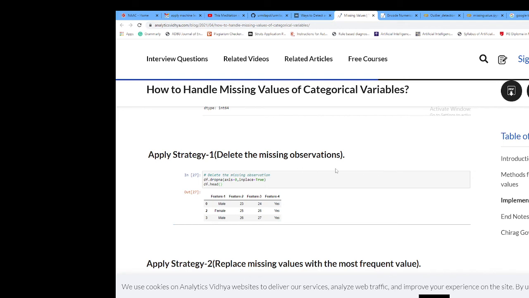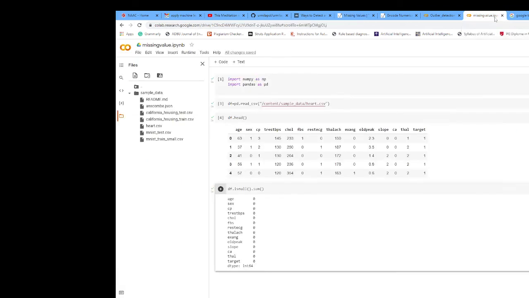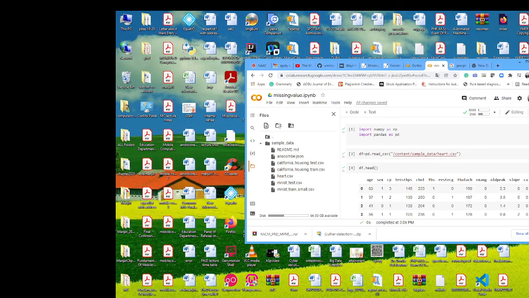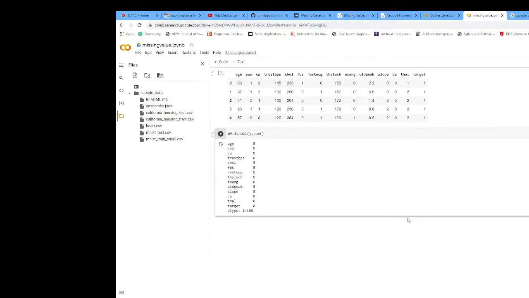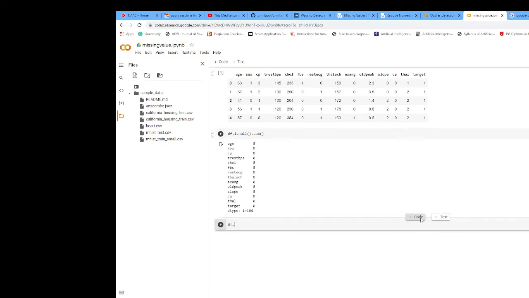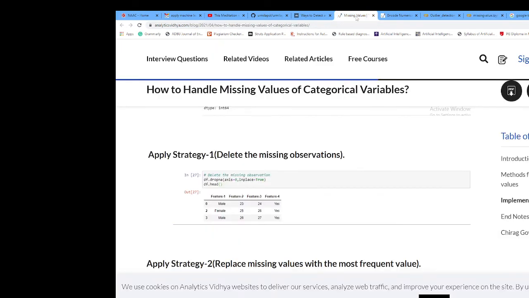How to delete those missing observations? df dot dropna, axis is equal to 0, inplace is equal to True, and again you have to display df dot head.